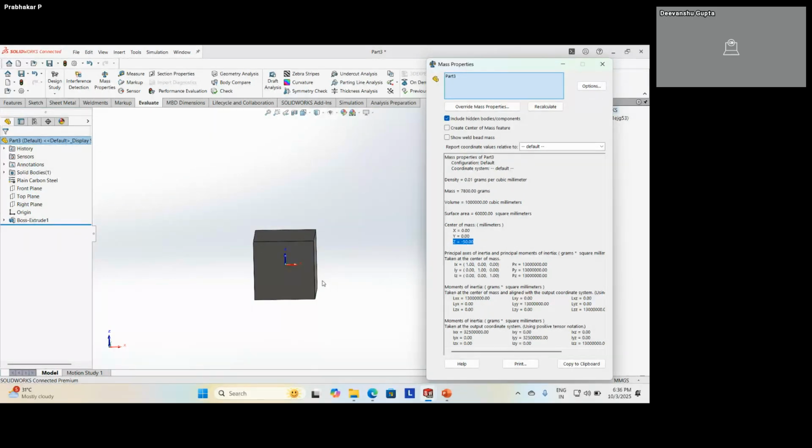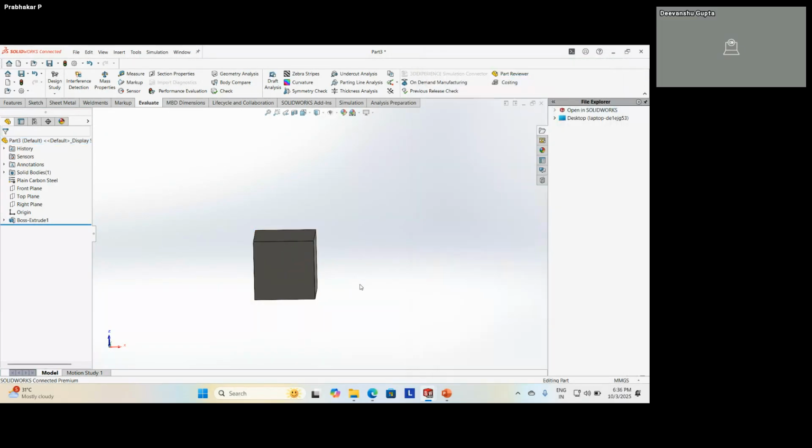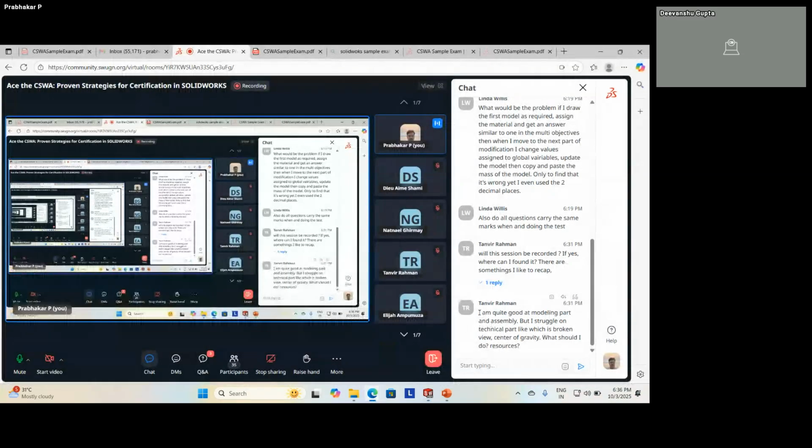Likewise, if you take some simple basic models and see how they behave, and do some research on your own, you will be able to understand. You need not depend on big training materials. It's basic software. Start with small exercises like the one I have shown. Take a cylinder or a rectangular body, something with some inclination, and do all kinds of practice. If you do, automatically you will be able to address this issue, Mr. Tanveer Rahman.